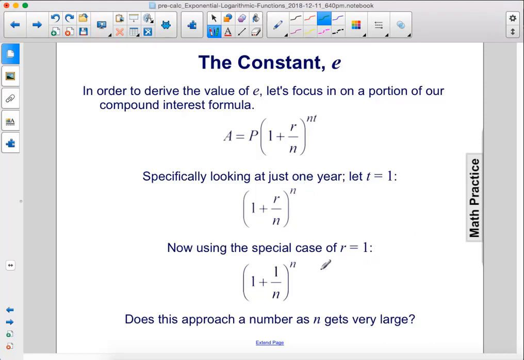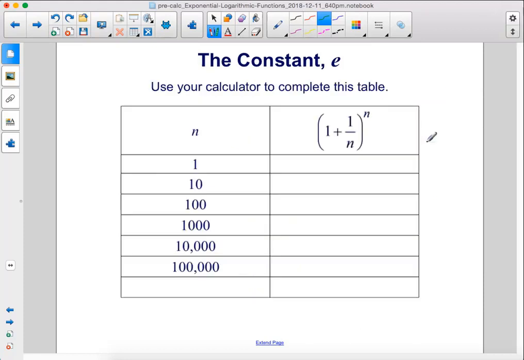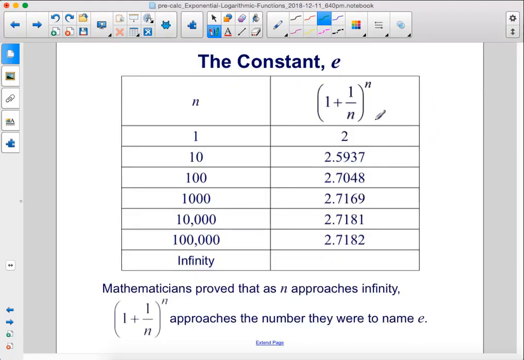Now using the special case of r equals 1, we have (1 plus 1 over n) to the nth power. Does this approach a number as n gets very large? Use your calculator to complete this table. When n is 1, this will equal 2. When n is 10, it becomes 2.5937, and as n becomes very large, it gets closer and closer to this